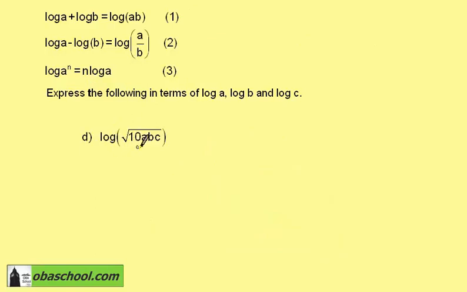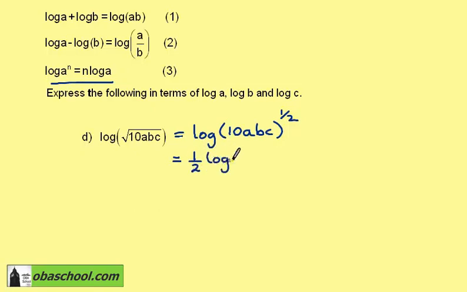If we look at this one, our first step is to rewrite this as the log of 10 ABC to the power 1/2. We can then use this law to bring the 1/2 down in front, giving us 1/2 log 10ABC. Putting the 1/2 down and opening a bracket, the log 10ABC can be split using number 1